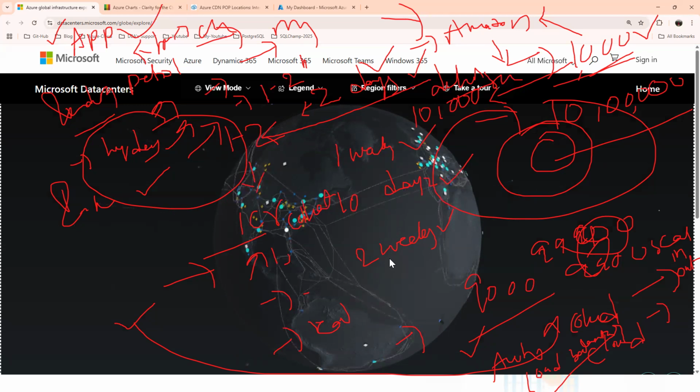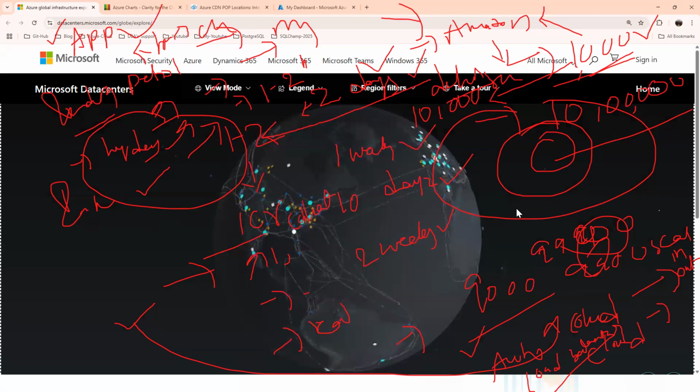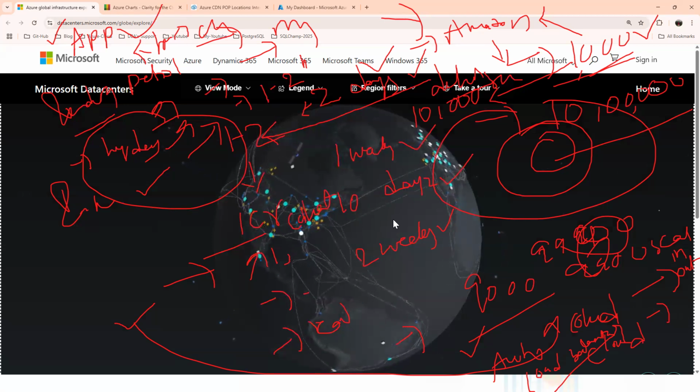Now if they are establishing the connectivity from the US to India, it is so far, right? The connectivity will be a little slower. And the US is telling that, hey, I'm seeing a little lag. Why can't you deploy your servers, your application, in the US itself? I don't want this much lag in the connectivity. I love your application, but I'm seeing a little connectivity issue when we are loading massive data. Can you deploy your data center in the US?